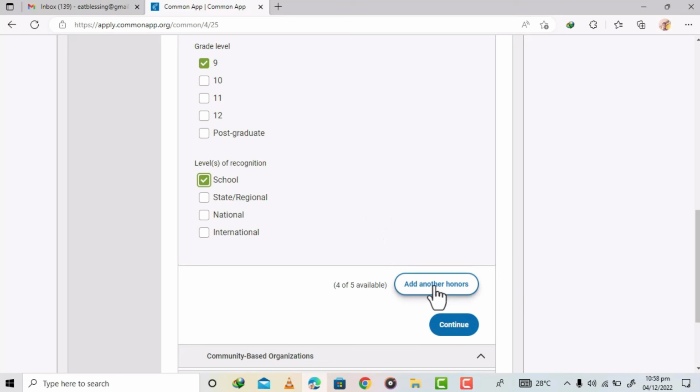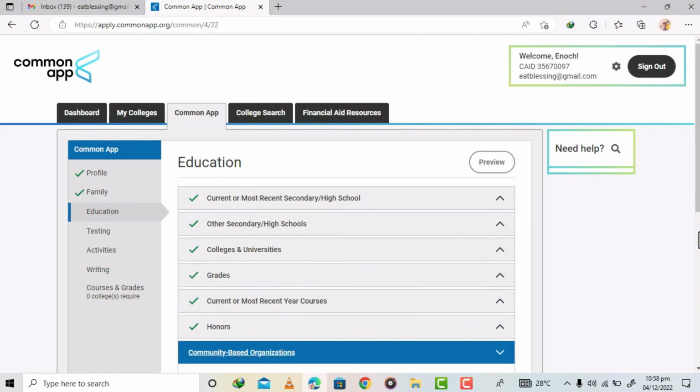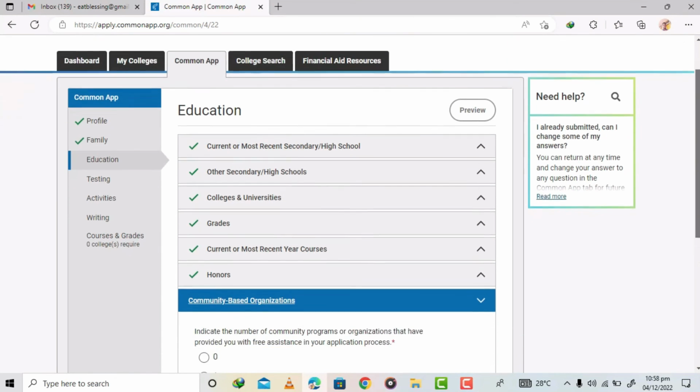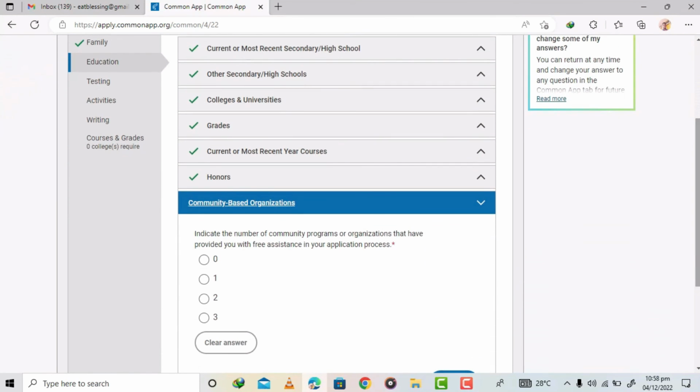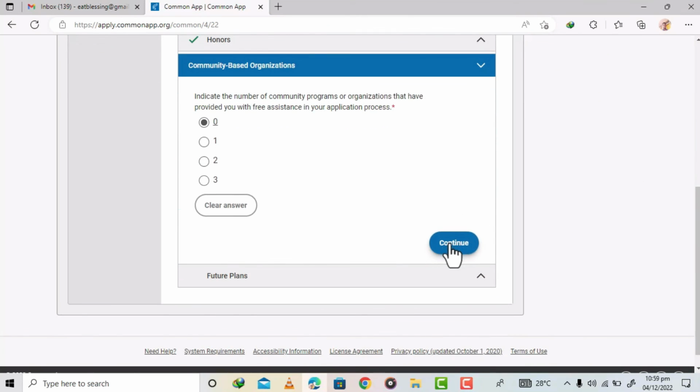But for the sake of how long the video is getting, I'm going to click continue, and then you move to community-based organizations. It says indicate a number of community programs and organizations that have provided you with free assistance in your application process. Actually none, because you're doing it yourself. Actually you are funding yourself. So you click continue,